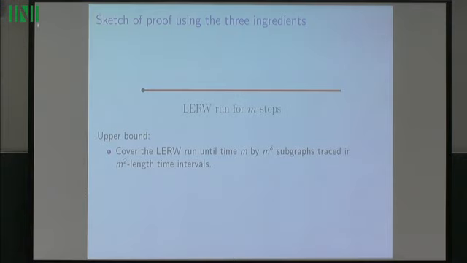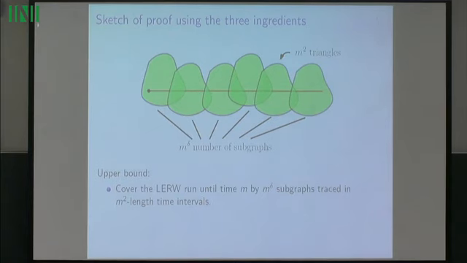If I run my loop-erased random walk for n steps, by the second ingredient, using Mullin's bijection, which gives us an encoding in terms of a walk on Z², I can show, using facts about random walks,